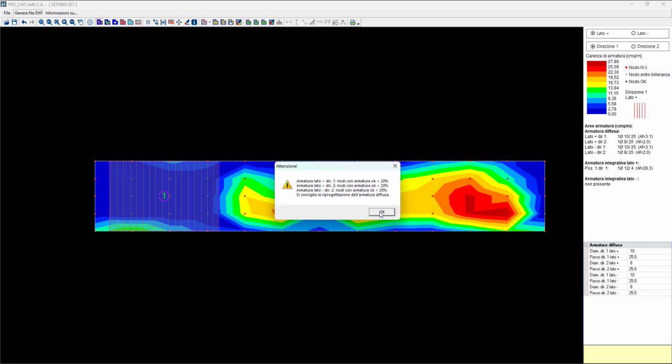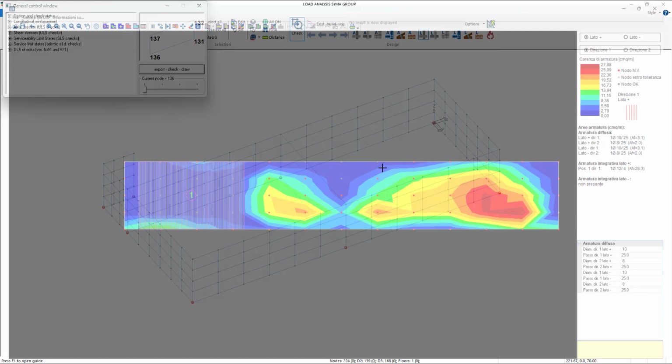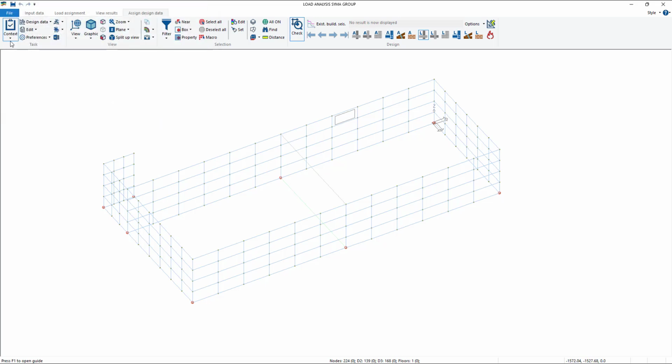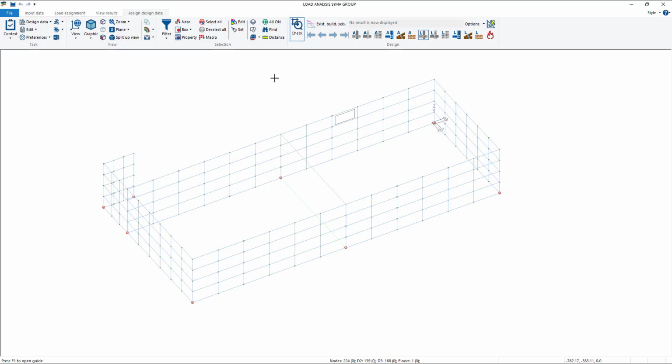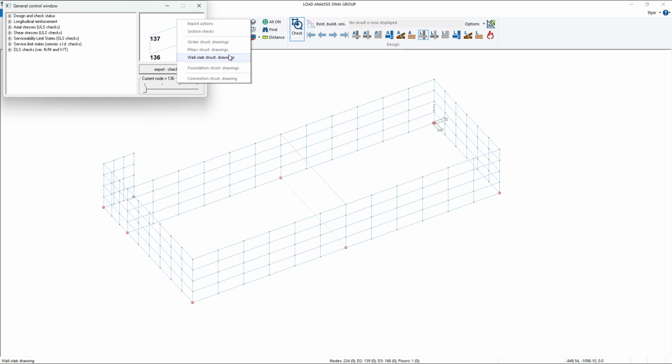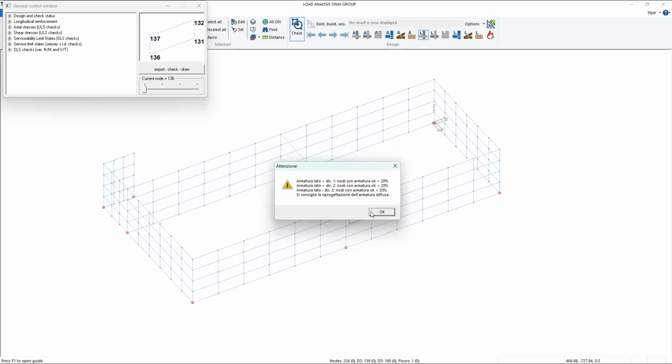You have to do this with every wall, but in a faster way you can go with context, construction drawing generation, and reinforced concrete wall slab construction drawings. Doing that, you will receive no message, but you know that the program prepared the files for the drawings. So when you go again to check and draw, yes.